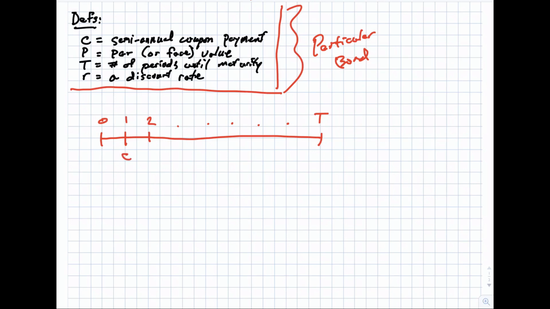We're going to see a series of coupon payments, and then we're going to see a par value repayment also at time T. Now, when we move to valuation, and if we use a formula that combines the present value of an annuity with the present value of a single future cash flow,